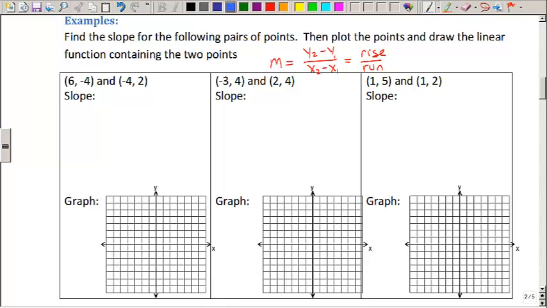But my question to you is, who's x1 and who's y1? We know that x is the first coordinate, so we'll call the first coordinate x and the second coordinate y. And this side is my first point, so I'll call him x1, y1. And the other one I'm going to call x2, y2. I'm just labeling the first x and the first y, the second x and the second y. So that when I come back in and I use the slope formula,